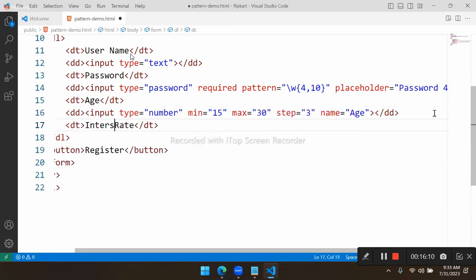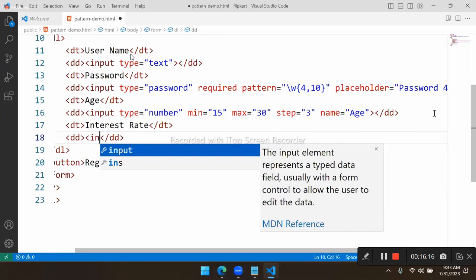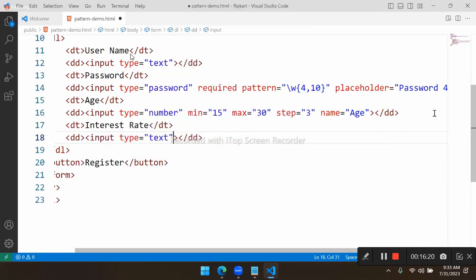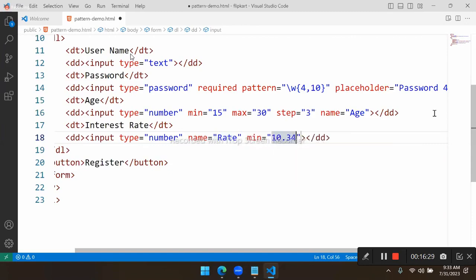So interest rate, and you define the data definition. Input type is not text here, it is number. And the name is rate. And the min is some 10.34, and max is some